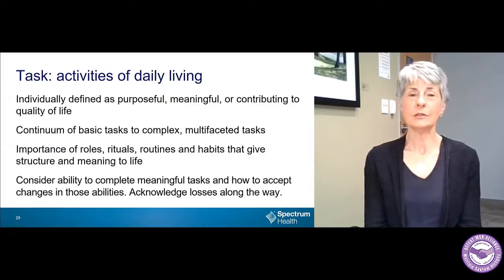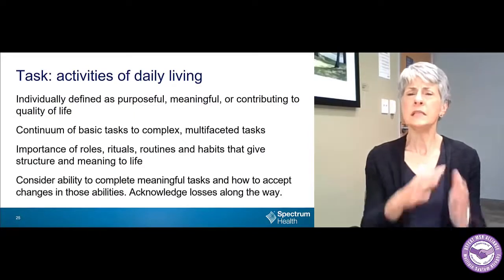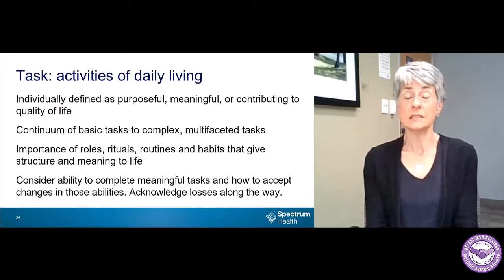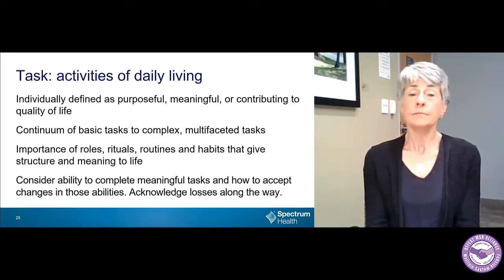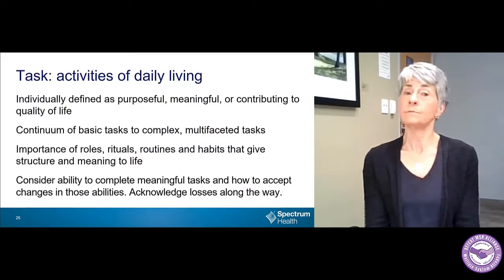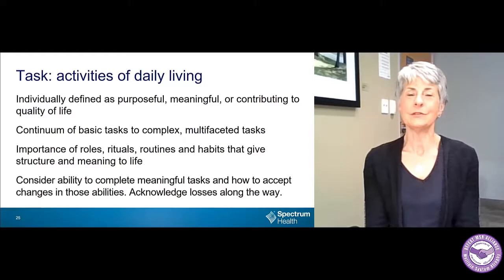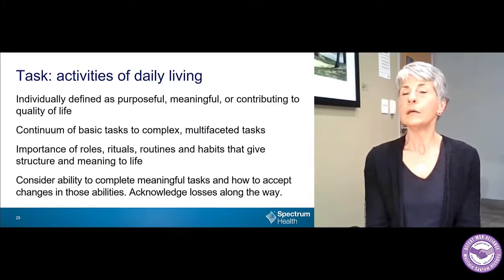Occupational therapists, we have our lingo, and we refer to those as activities of daily living, or ADLs. And there's a whole continuum of basic tasks to complex and multifaceted tasks. So basic things can be as simple as feeding yourself, or basic things like brushing your teeth, shaving, showering. Those essentials, they're very important things, especially if you're having difficulty doing them, but also then can range up to